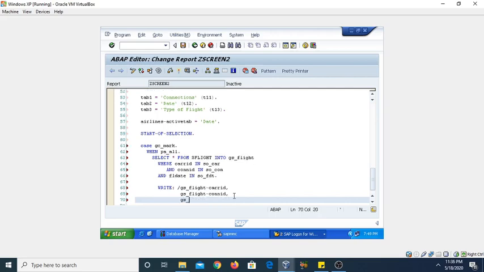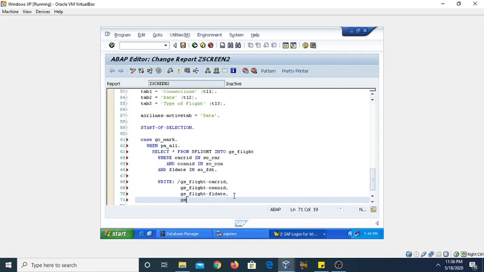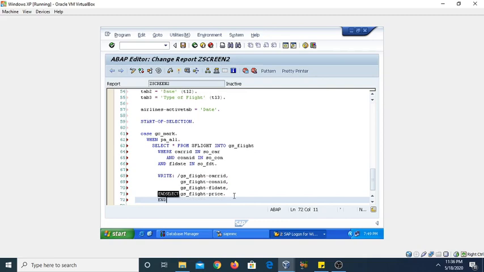Similarly gs underscore flight FL date and gs underscore flight price, and then this select query always ends with the end select.